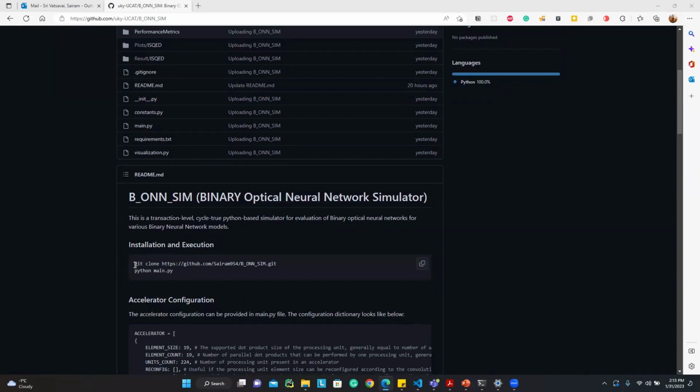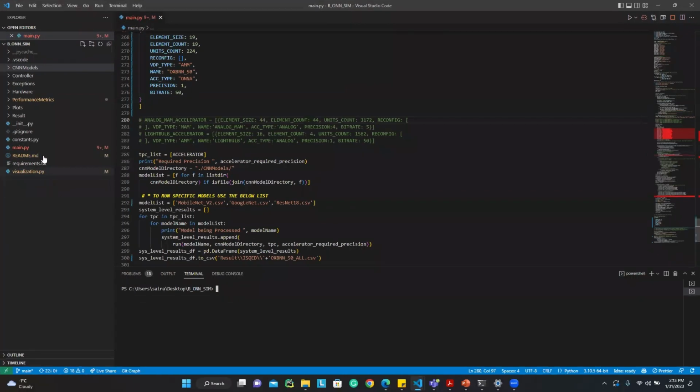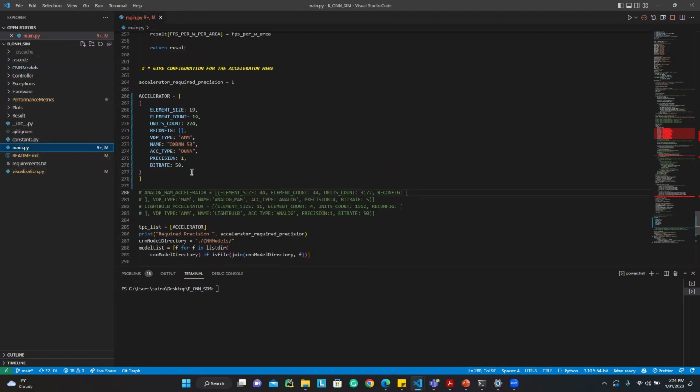You can clone this repository using the command over here. I have cloned the repository and opened it in an IDE. Here I'm using Visual Studio Code. So the project structure looks like this, and the main configuration where the user can provide information about their accelerator